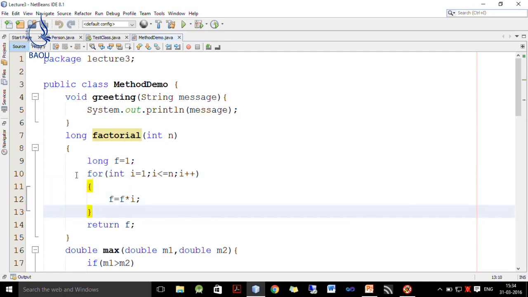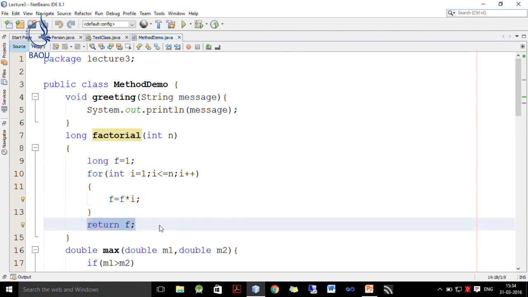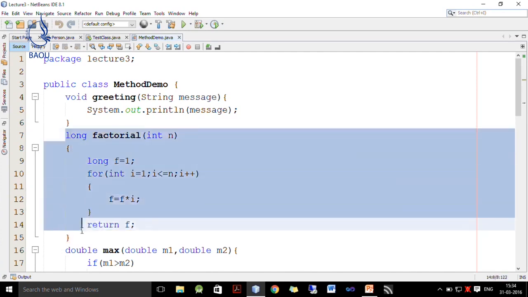So, I repeat this loop from 1 to n, and inside this I write f is equal to f into i. Initially f is 1, so first it is multiplied by 1, then 2, then 3, then 4 and up to n, and whatever value we get inside f is the factorial of n and it is returned to the calling function. So, this is how this long factorial works.